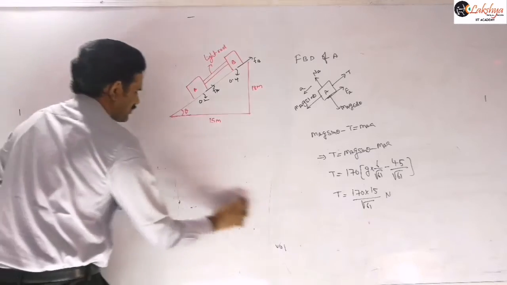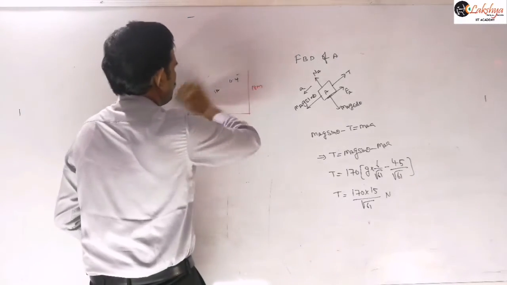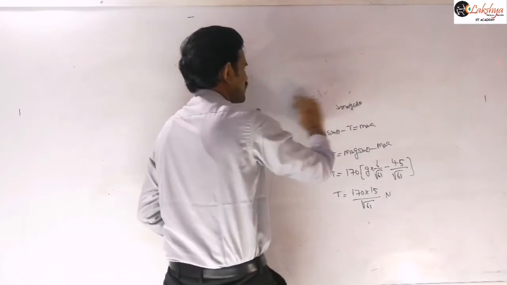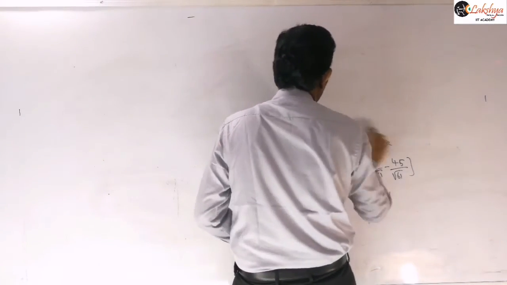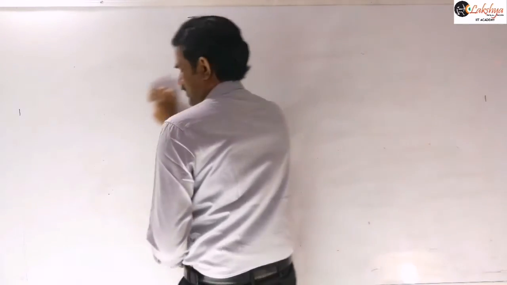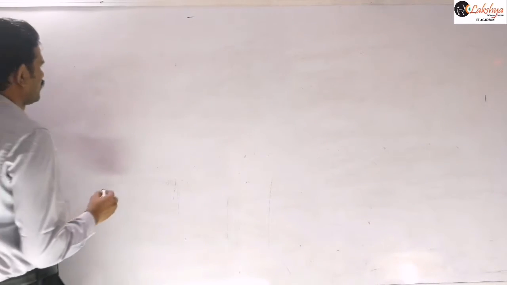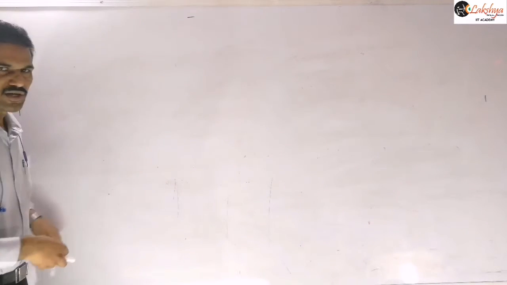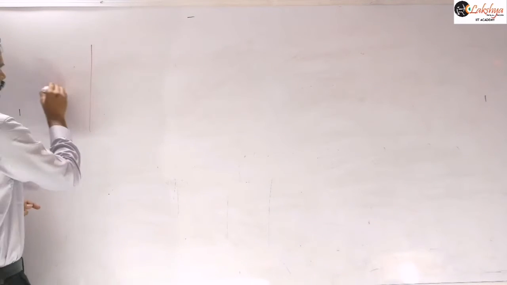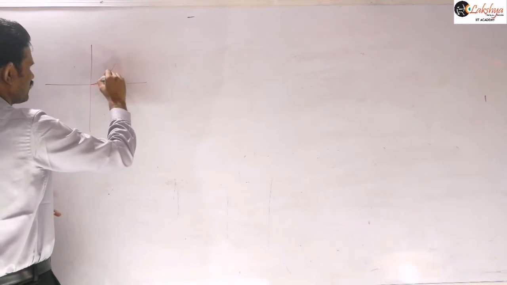And next let us see, sometimes they may ask like questions, sometimes the object may be placed on some curved surface. They will give some curved surface, and on the curved surface they will ask like at what height we can place the object at rest, that means maximum height. So now let us see one such a problem there. That means an object is placed on the curved surface here. That curved surface equation is given like this. So that means it is having some curved surface like this.